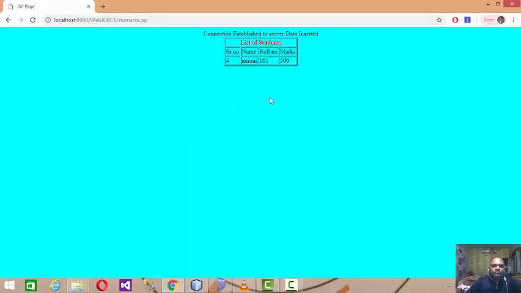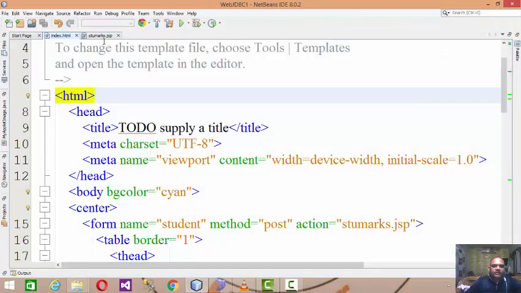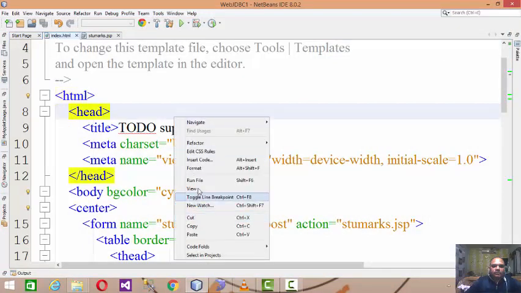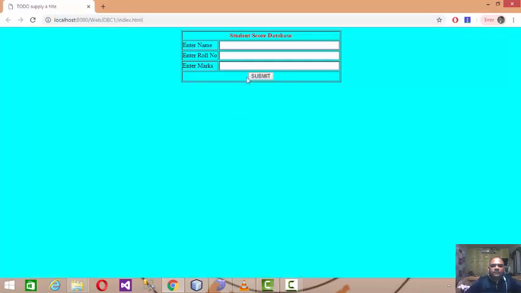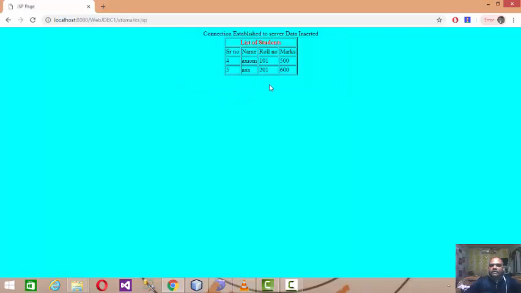If you want to insert another record, you can rerun the form, enter some other data, and you will get another record.